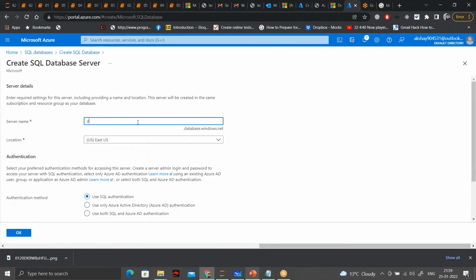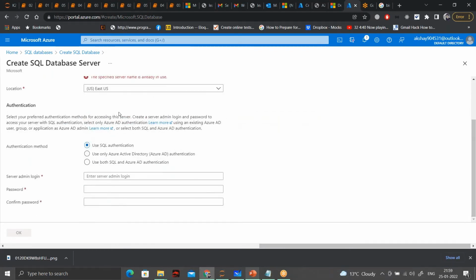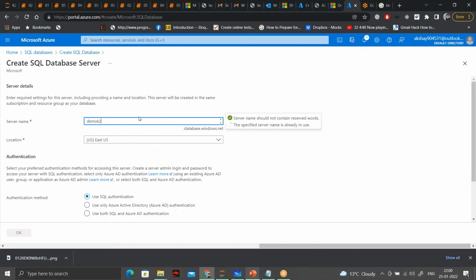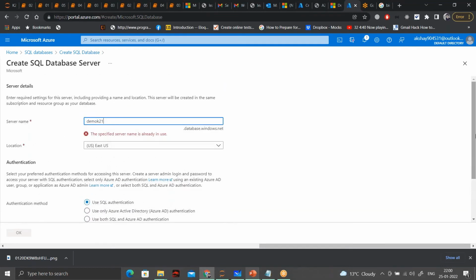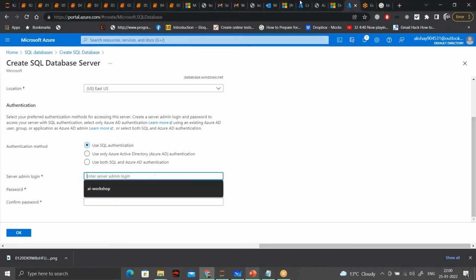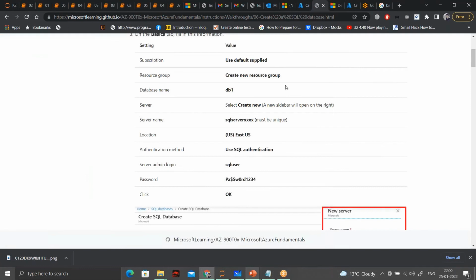So let me create one server for you. We have to keep the name unique.